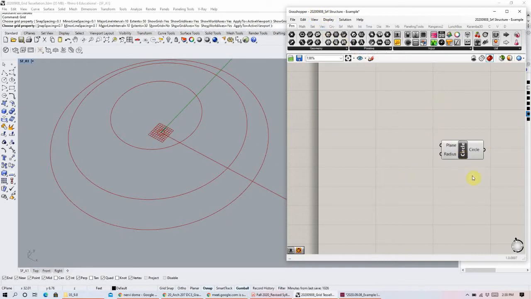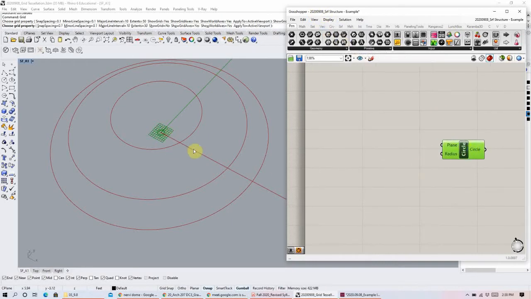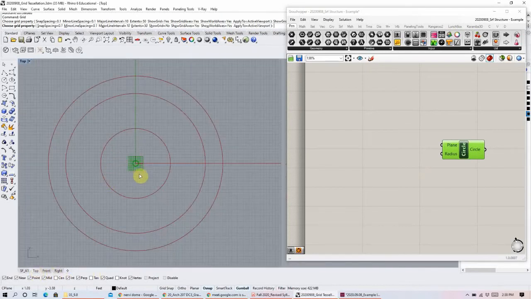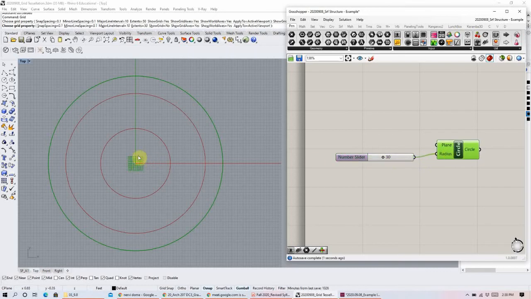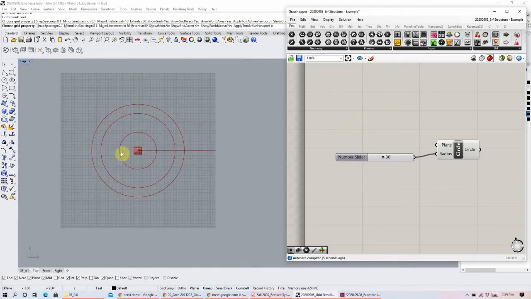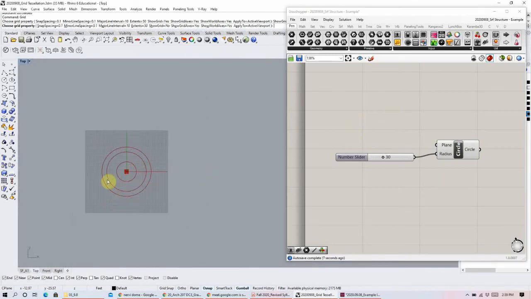All right, so the first circle that we're going to draw here is this large one. That's going to be our circle 1. The radius of that is going to be 30. The plane is going to be the default XY plane. If we wanted to model this not in an XY plane,